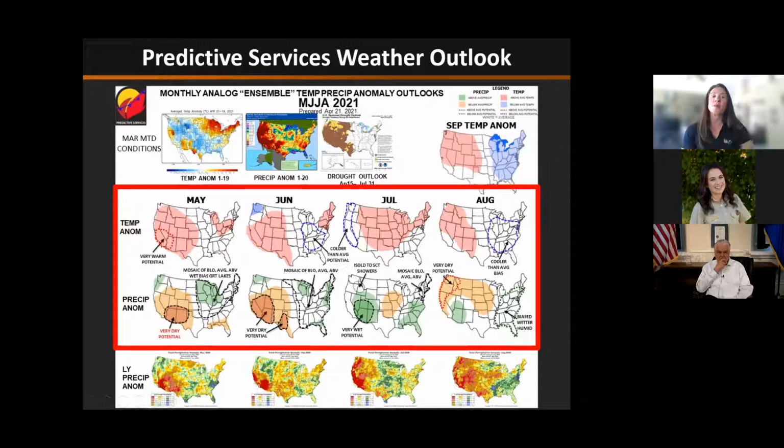We will see some storm systems over the next couple of weeks in May that bring us occasional periods of some showers and thunderstorms and some cooler temperatures, but these will be fairly short-lived, and we are expecting, especially towards June, to see those warmer and drier conditions really dry out our fuels and rapidly melt the rest of the snowfall. As we get towards July, typically we see the monsoon start bringing moisture to the southern part of the